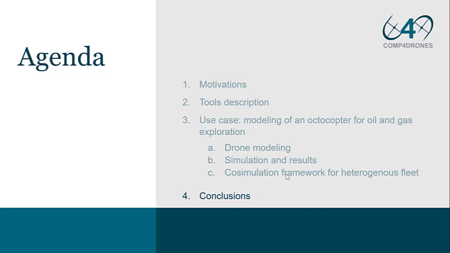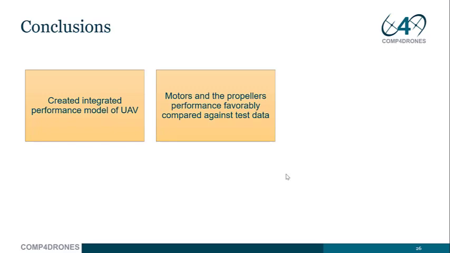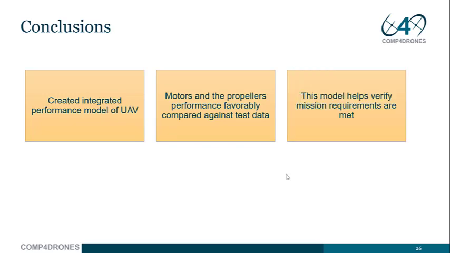So what are the conclusions? First of all, we have been able to create an integrated performance model of the UAV. The motors' and the propellers' performance compared favorably against data that we have found on the manufacturer website or in open literature. And we know that this model can help verify the mission requirements during the development of the drone itself. Mission requirements, of course, in terms of performance, like the autonomy, if there is enough thrust provided by the propellers and the propulsion system,